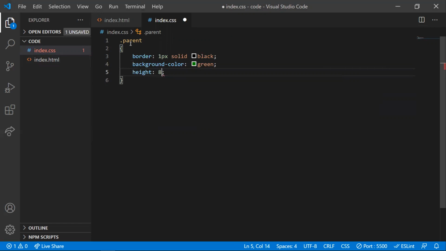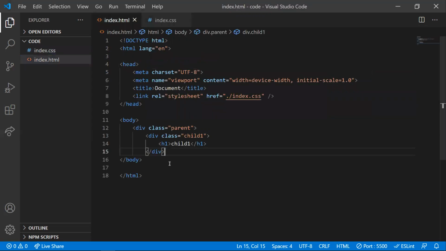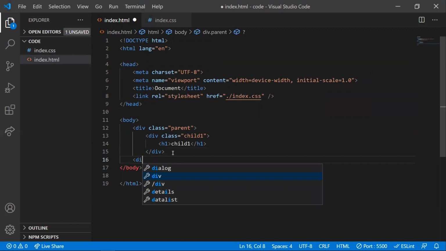It is 800 pixels. So one basic point about HTML is if you put something inside a div, then the div is restricted to that div, like its parent div.